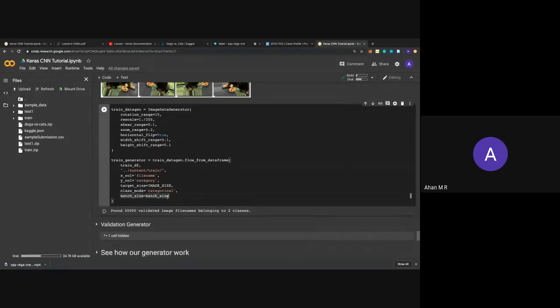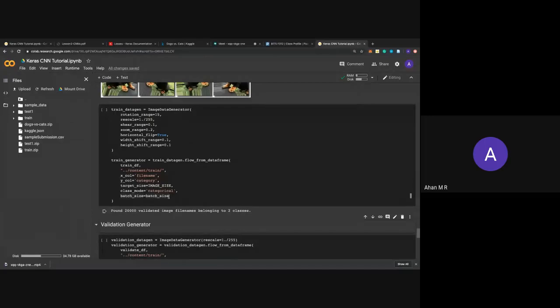And batch size, it depends on the number of images. We have 20,000 images here. If you have a smaller batch size, in batch gradient descent, so many images are taken as input at the same time and loss is calculated for that particular batch. If your batch is too small, it will take a lot of time to perform your operations. So decide your batch size based on that.